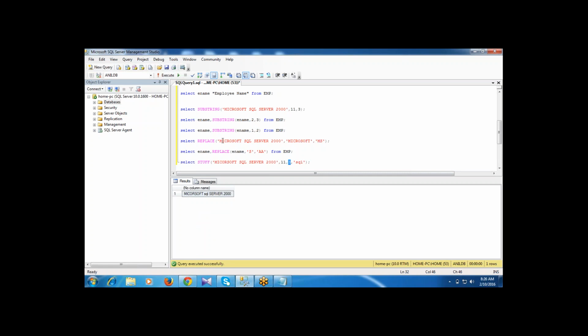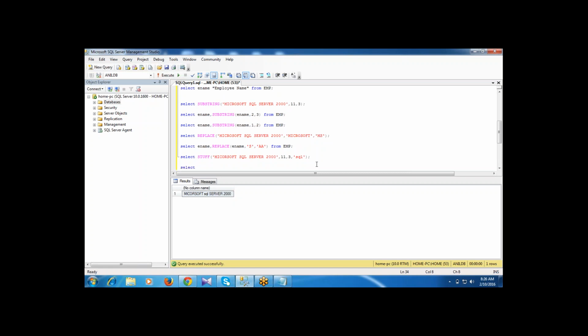In the replace function, wherever I'm having the Microsoft word, that Microsoft will be replaced with MS. Entire Microsoft will be replaced with MS. Hence, this is the functionality difference between the replace function and the stuff function. So I'm starting with the second character and taking 2 characters. Then the 2 characters will be replaced with SS.